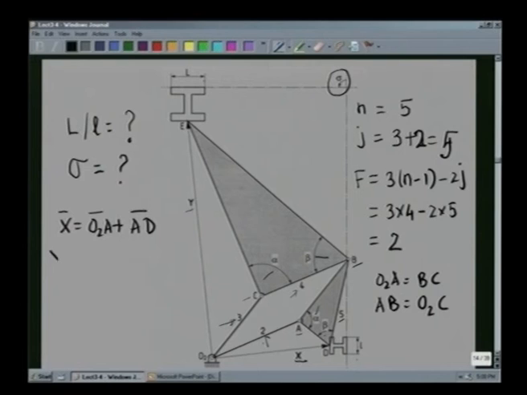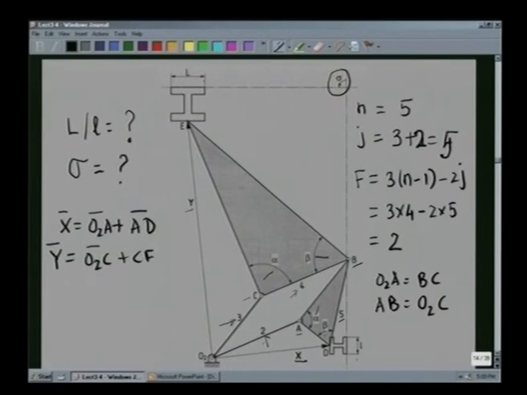Similarly, vector y we can write as vector O2E, which is vector O2C plus CE. Now, we see that the vector O2C is same as the vector AB, because AB and O2C are parallel and are of equal length. So, we write O2C is same as the vector AB,